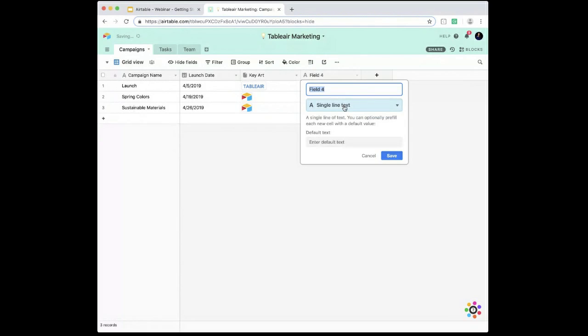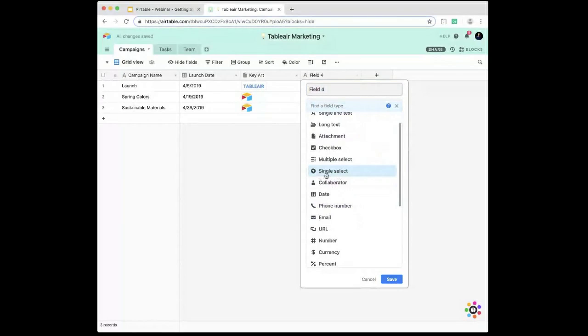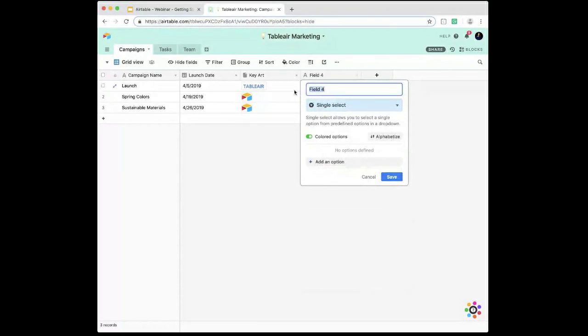In addition to adding dates, attachments, another really powerful field is our single select field type. So this is great whenever you want to assign an owner or an assignee to a particular campaign or project or a task. In this case, you could create, for example, their names here. You could add my name, Jacob's name,